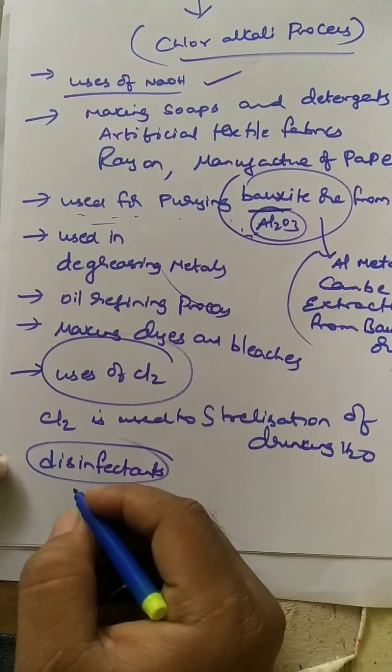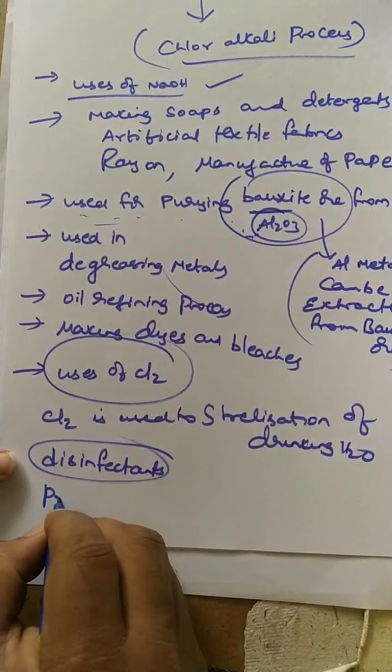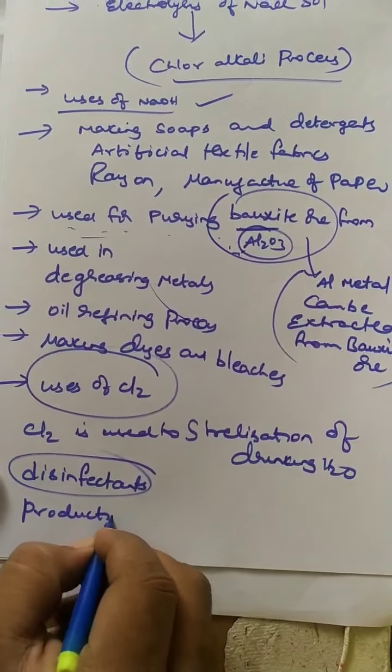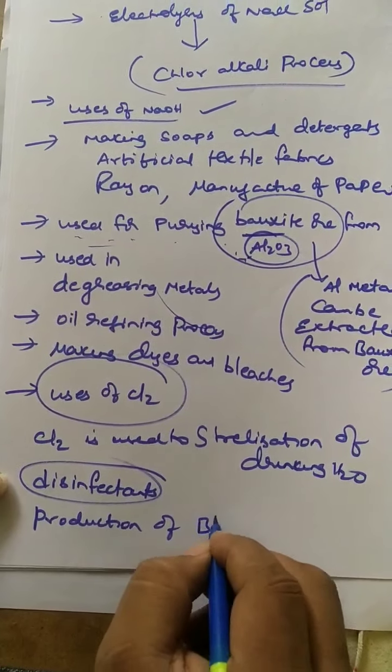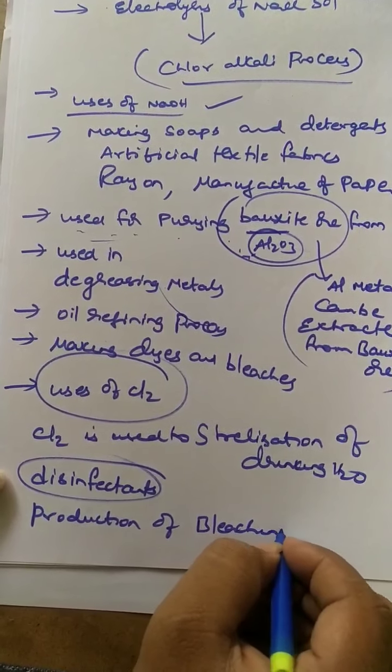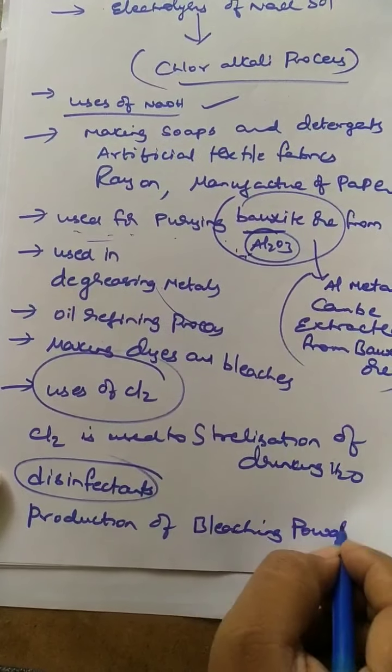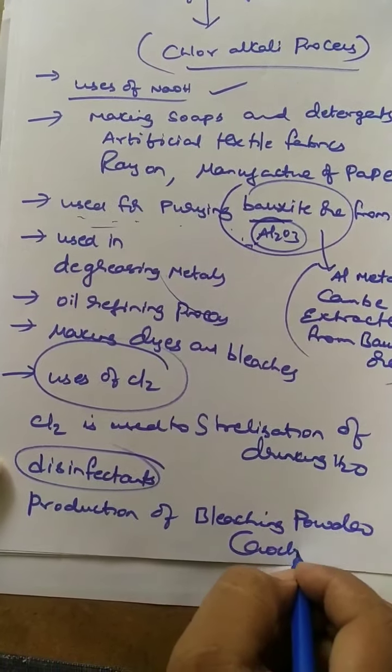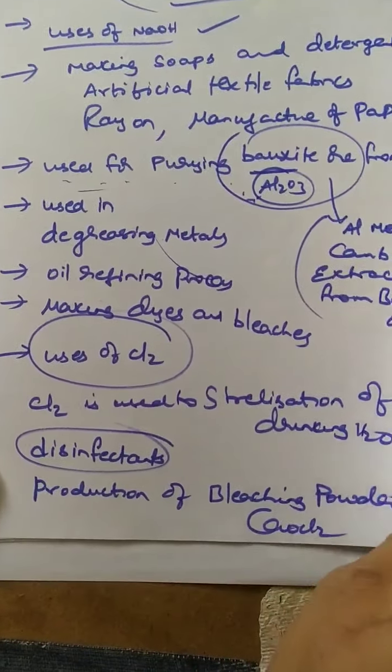It is also used in the production of bleaching powder, which you already know, formula CaOCl2. Chlorine gas is mainly used in the production of bleaching powder, and you can prepare HCl also, and use it to prepare